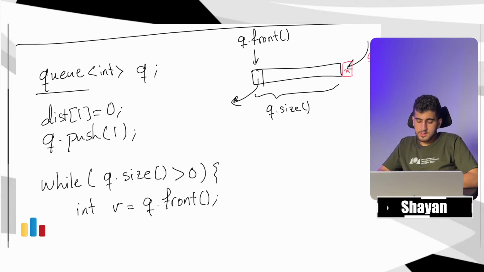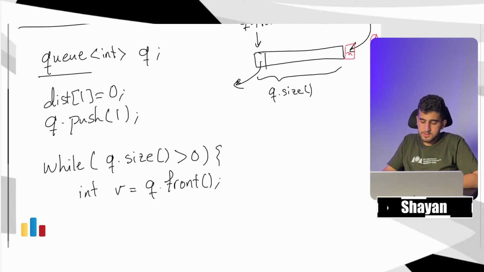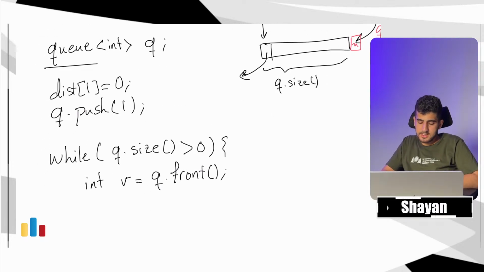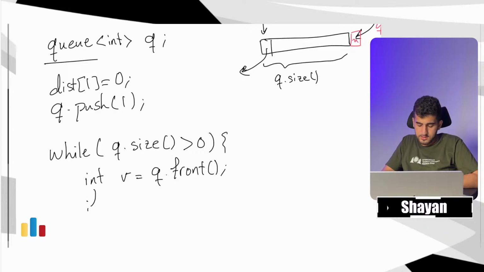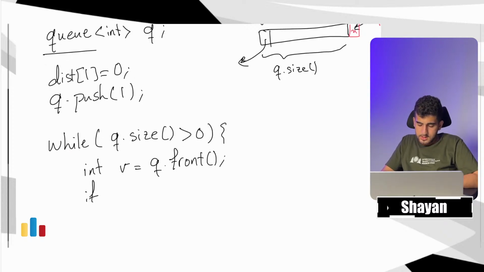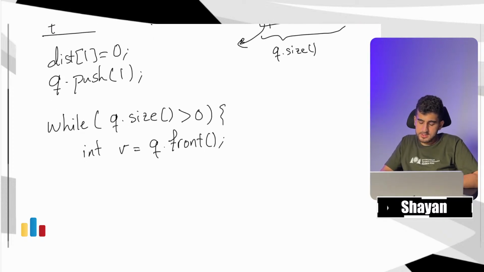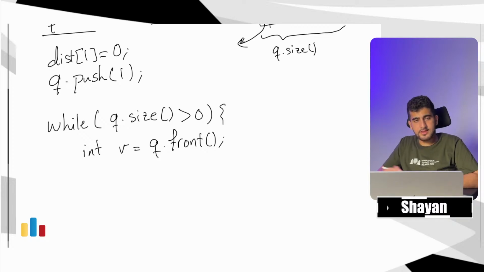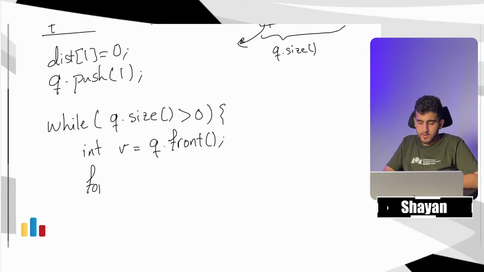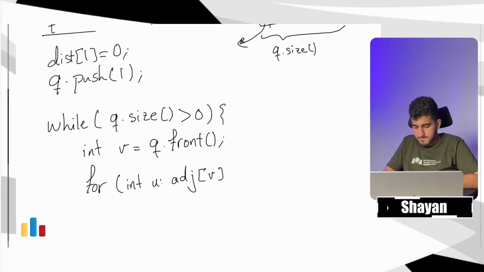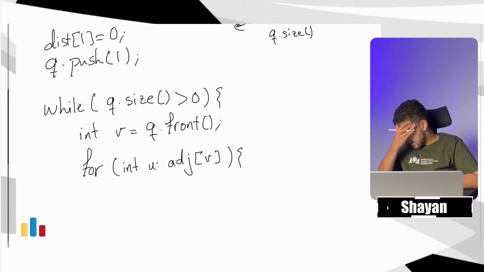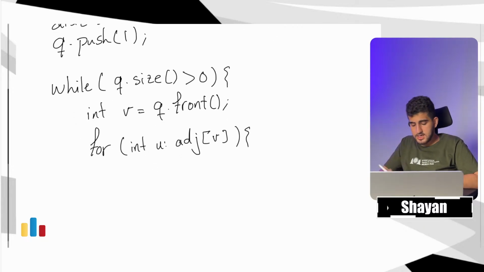So int v is equal to Q.front, and then I know that the distance of v is set right now. Then I have a for loop over all the vertices adjacent to vertex v: for int u adjacent to vertex v, I can say that if